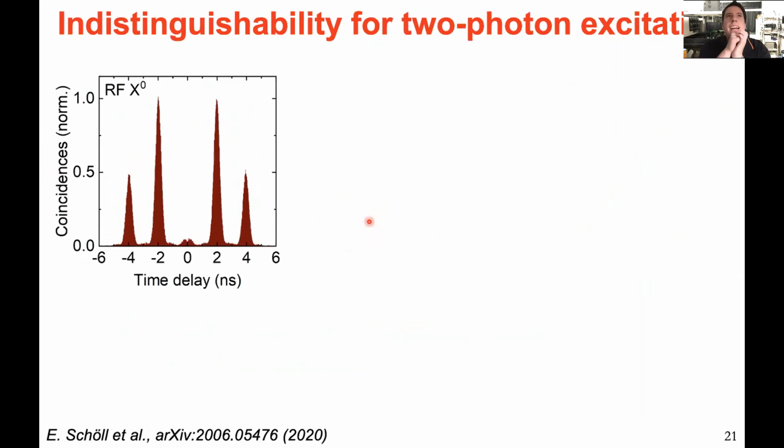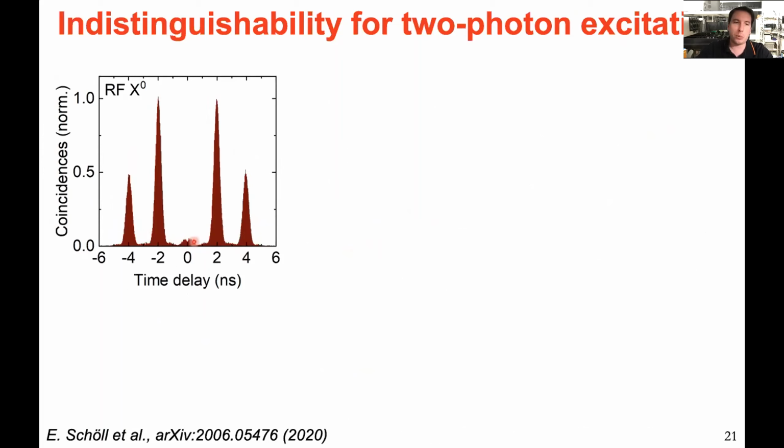Now we have a system that emits very clean single photons. But how about the indistinguishability of this cascaded emission? To test that, we find a quantum dot that in two-photon interference experiments shows a pretty good indistinguishability. So here it is a single quantum dot that is investigated. It's excited repeatedly, and subsequently emitted photons are interfered.